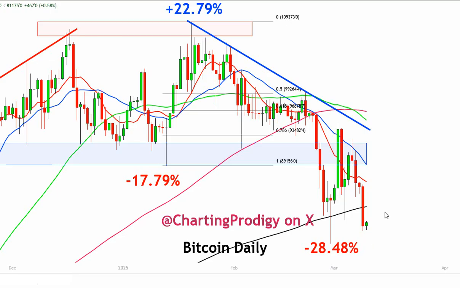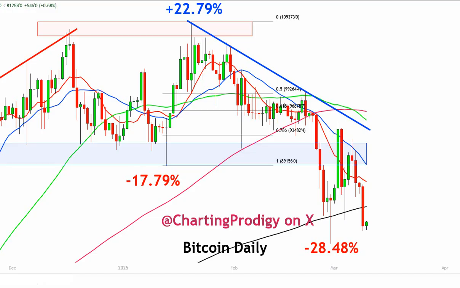NASDAQ's testing the 50-week moving average. Bitcoin is just above the 50-week moving average, testing it, and S&P is testing the 50-week moving average. They're all testing it. Nasdaq's testing the 2022 trend line. Bitcoin's testing the 2023 trend line. If we take out this low, we could still reach that area, and then you would have divergence, including the shadow. Right now, you still have a divergence just on a closing basis, which again may be it.